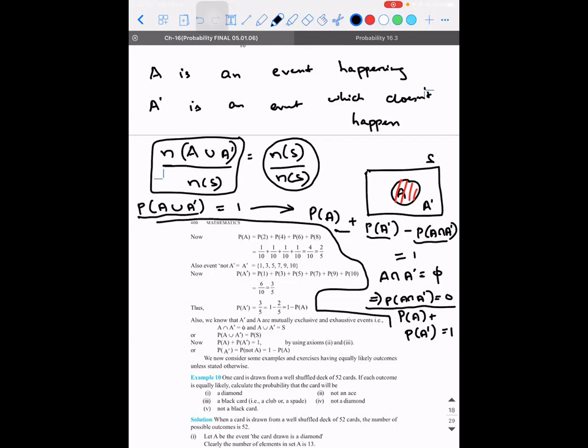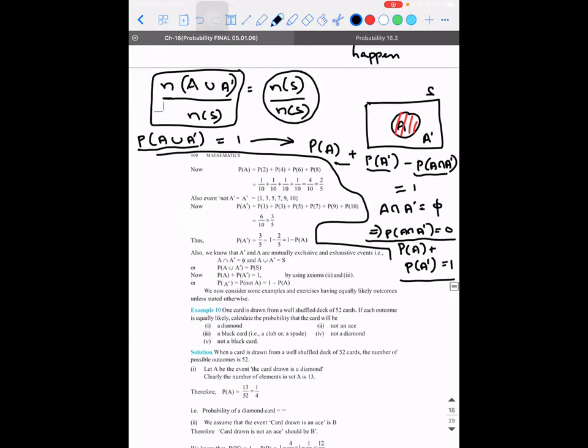Understood, sir. Okay. So what I'm trying to say is the conclusion, the final point that we need to make a note here is probability of an event plus probability of the complementary event is always equal to 1. This is like a formula. So probability of A plus probability of A dash is always equal to 1. That is what is given here. So whenever you need the probability of A dash, you can always use the formula 1 minus probability of A.